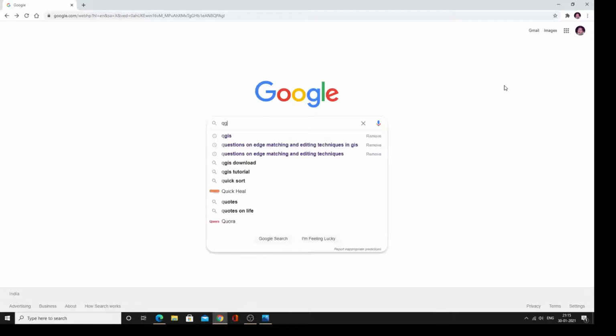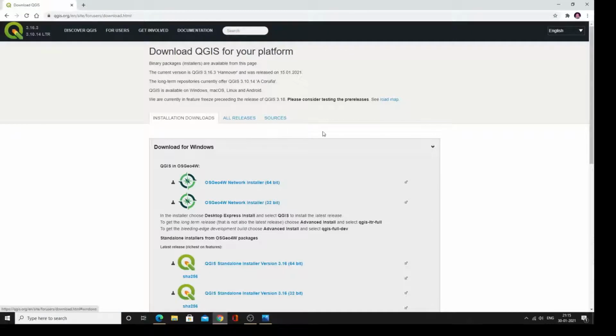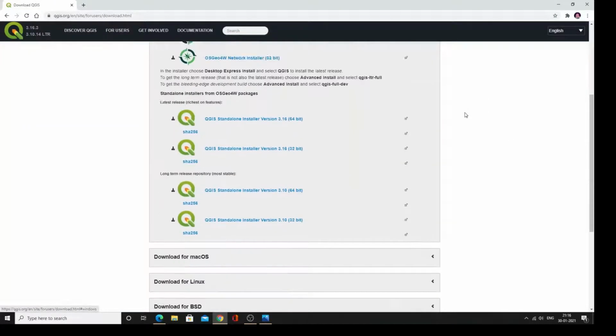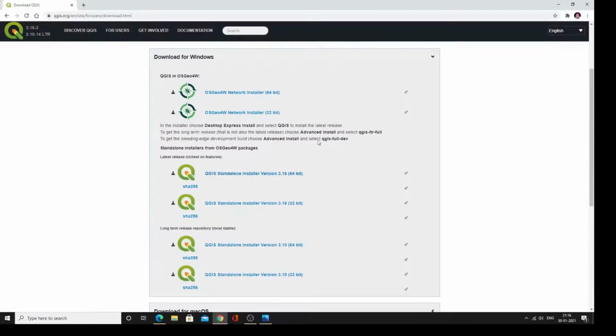In Google, just enter QGIS and press enter. Search for QGIS. You will see an option like download QGIS. Click on that, and you will see the installation downloads for different types of OS, like download for Windows, download for Mac OS, and download for Linux, etc. In Windows also you will see two types of